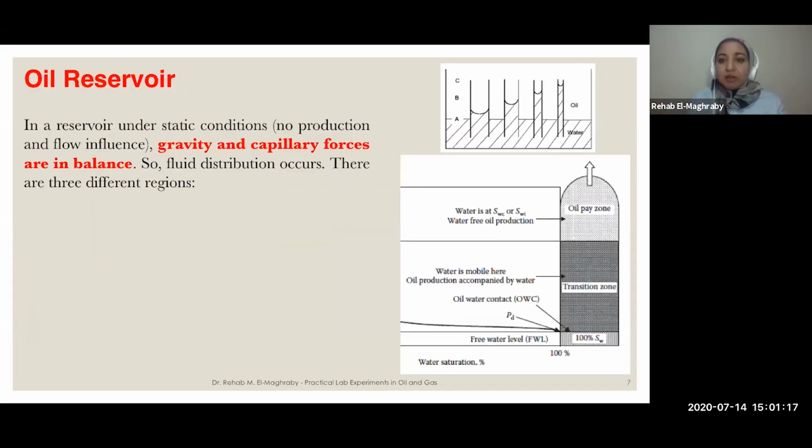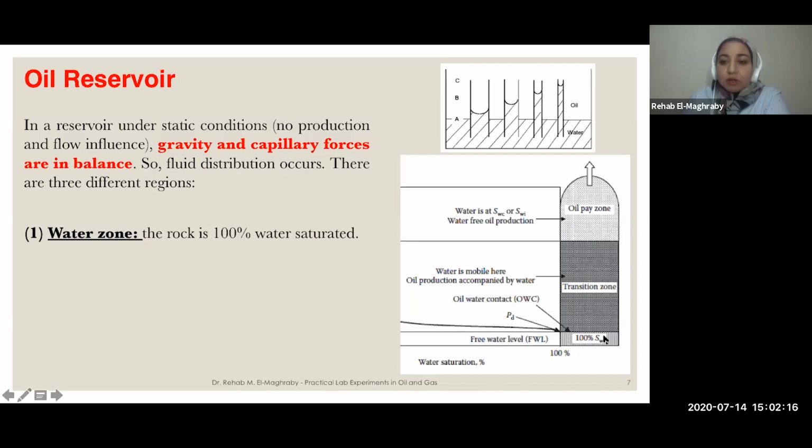So imagine what I told you here on a reservoir. In our reservoir, during oil migration, oil starts to migrate. Our reservoir is 100% saturated with water, and oil started to migrate. After migration, and having equilibrium between the gravitational force and the capillary force in our reservoir, we will find a vertical distribution of the saturation according to the height. Starting with 100% saturation of water, as we go to the top the amount of oil will increase until we reach the maximum amount of oil that you will find in your reservoir. All this can be expressed and identified in terms of this height using capillary pressure, and I will show you how we can use the capillary pressure